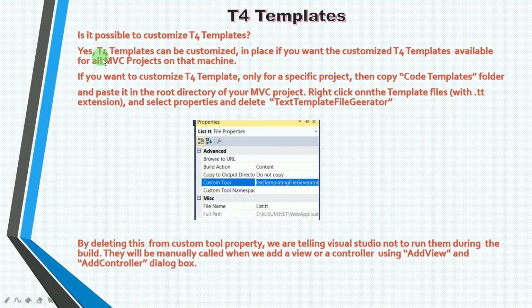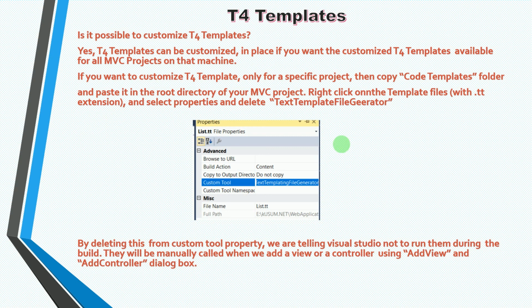So is it possible to customize T4 templates? Yes, T4 templates can be customized in place if you want the customized templates available for all MVC projects on that machine. Like that, we copied and pasted them into the application root directory. If you want to customize T4 templates only for a specific project, copy the CodeTemplates folder and paste it in the root directory of your MVC project.